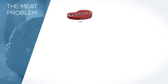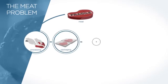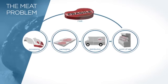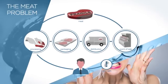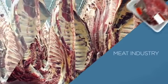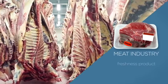Meat is a very fragile product, and any error in meat processing, packaging, distribution, or at the point of sale will potentially affect its quality. Failure to detect a pathogen may have a dreadful effect on consumers' perception and a negative impact on the industry. These problems are important to the meat industry since the freshness of the product is a quality attribute related to